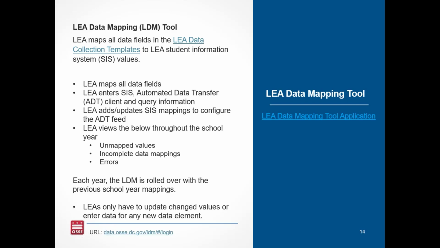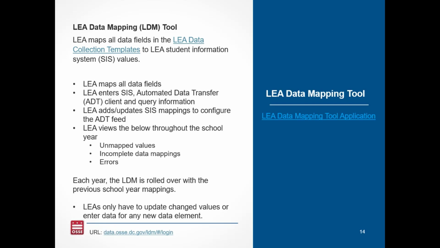And essentially what you do there is look at the data collection templates. You will go in there, select, your LEA will be pre-selected for you, and we have a card for each data collection template. Once you have selected that template, you can go in and see each data element. And if it has an option set, meaning a drop down or multiple choice, where you can select from a drop down value, you can go ahead and enter those mappings. So what does the value of Hispanic map to in your system? Those are some things that you would need to go through and give us that back-end mapping, the table and the actual field name. And that information then is used during the configuration session